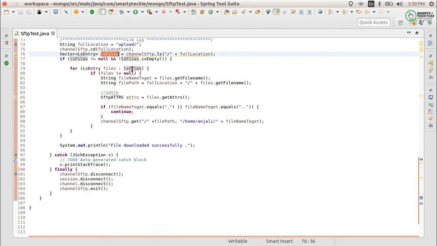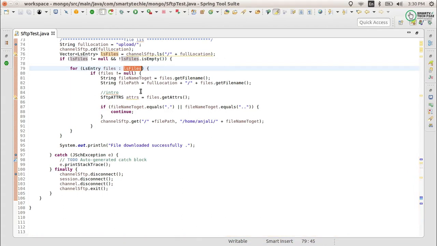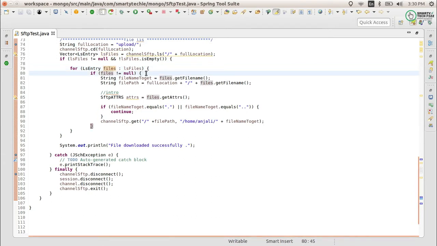This is the ls file, this is a for loop, and this is the LsEntry. It will run in a loop until all the files are read. This is the file, and we are checking that it is not null, which is a simple check. If it is not null, we check the file name in it.